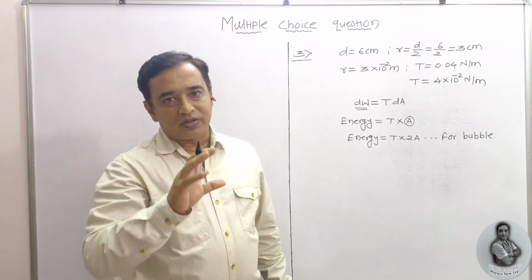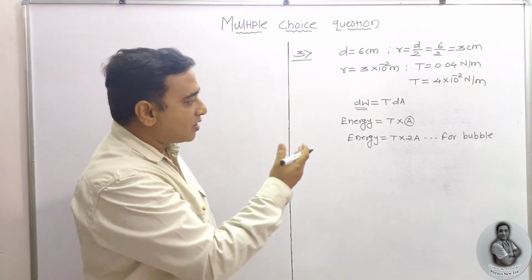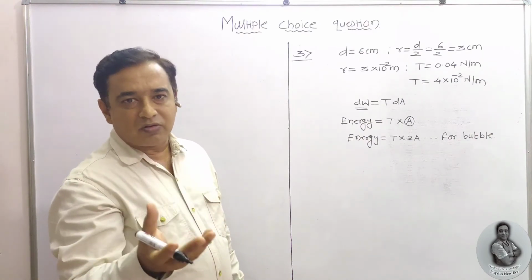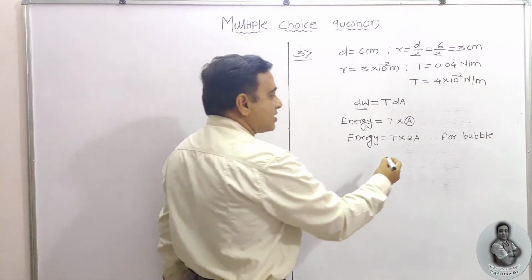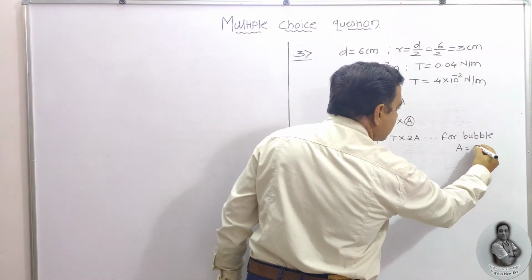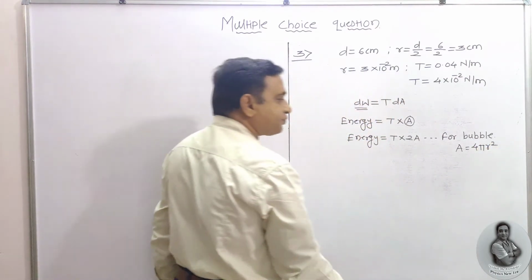It is spherical in nature. From the inside we have the air, from the outside we have the air. So there are two surfaces in contact with the air. We have the inner pressure as well as outer pressure. That's why we are going to multiply two areas. And we know that, considered as a bubble, it has an area that is 4 pi r square.